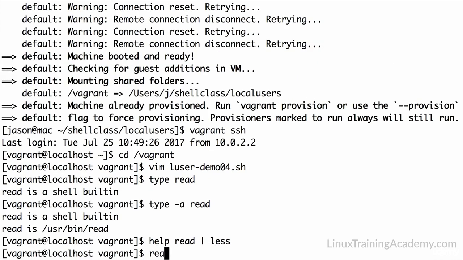We'll use the read built-in with the -p option, which stands for prompt. Then we're going to specify a string that will act as that prompt. Here I'm going to put a space at the end of this string so that when the user starts typing, they're not typing right at the end of that colon there. There's going to be a space. So now we want to store what they type into a variable, and we'll just call this variable thing, T-H-I-N-G,